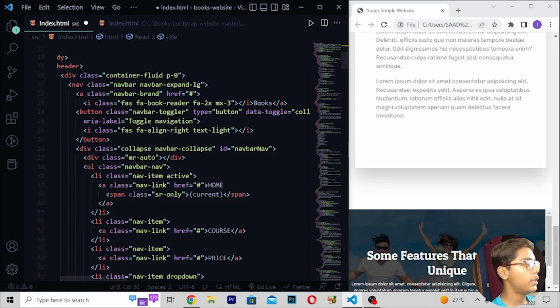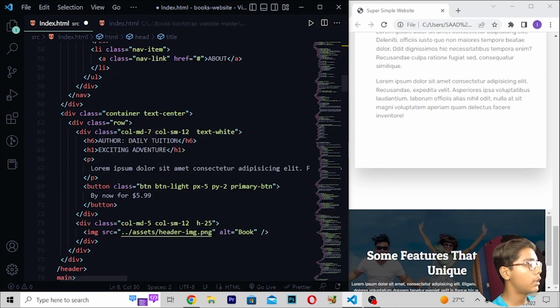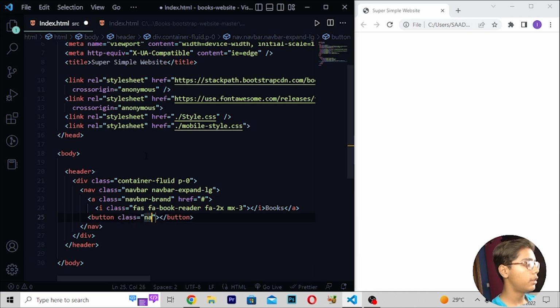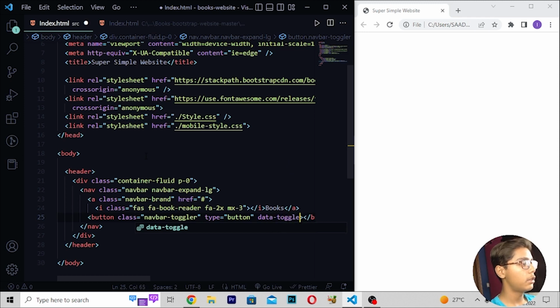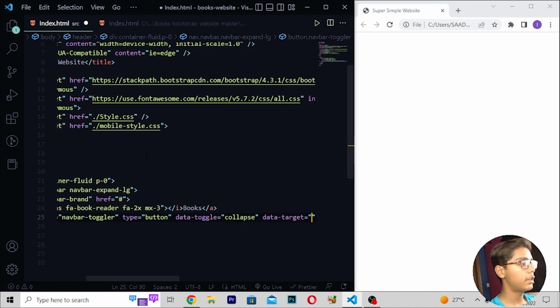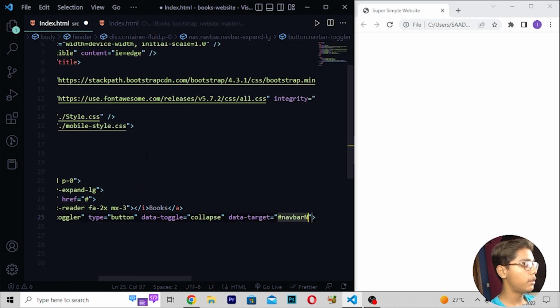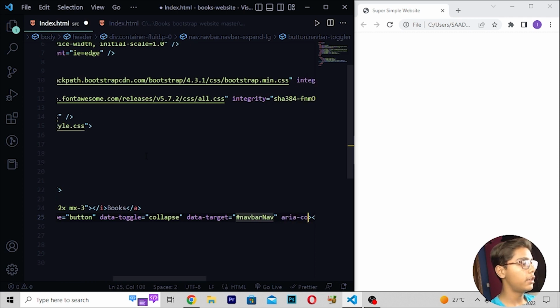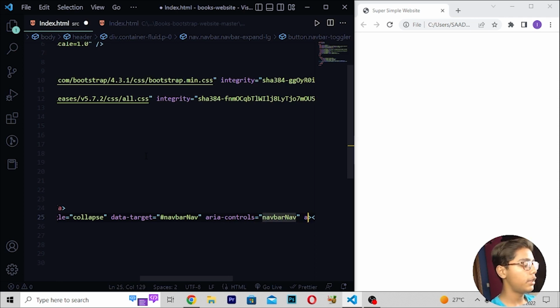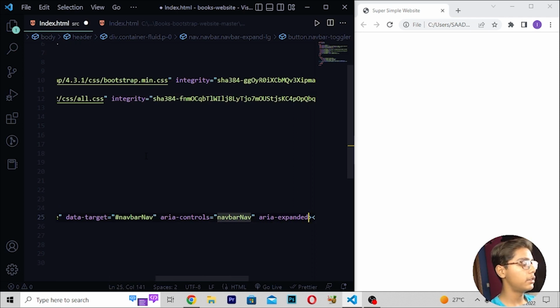Like this, then here I'll be moving, and then here you have to erase and write like this. I will now be writing navbar-toggler, then type is equal to button. Then you have to write data-toggle, and here I will be writing collapse, then data-target is equal to navbar-nav, then move forward, aria-controls is equal to navbar-nav, then aria-expanded is equal to false.